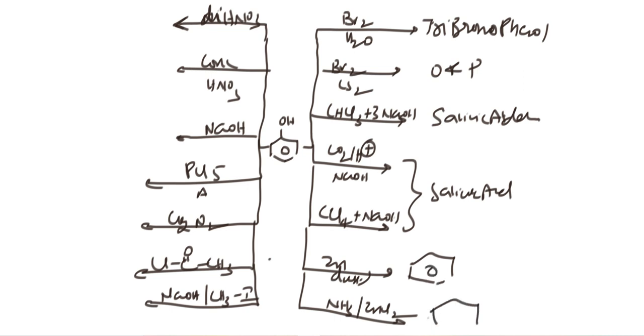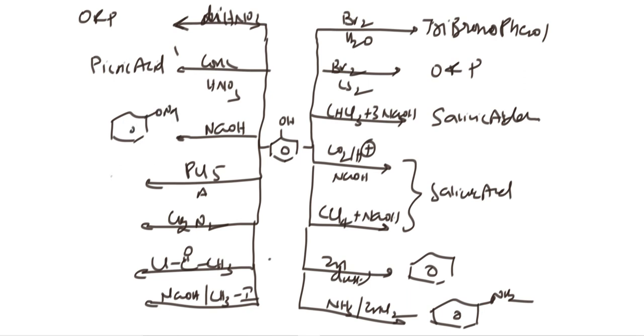In this ammonia reaction, water is eliminated, forming aniline. This part is very easy. Dilute HNO3 means you are going to get ortho and para products separately. Concentrated HNO3 means you are getting picric acid. This is normal sodium phenoxide. Whenever you want to convert OH to Cl, you are going to get chlorobenzene. I already told you this is the famous important reaction. You are going to get anisole. Then you can add C2H5I.